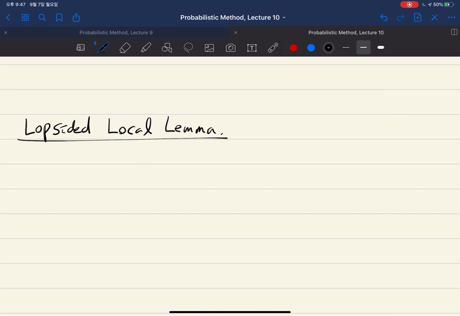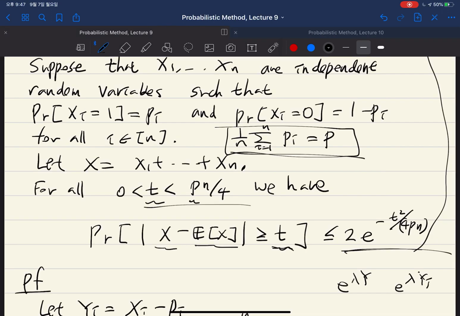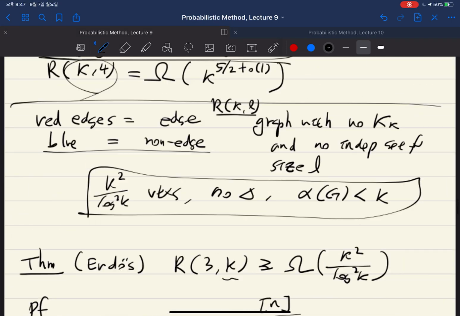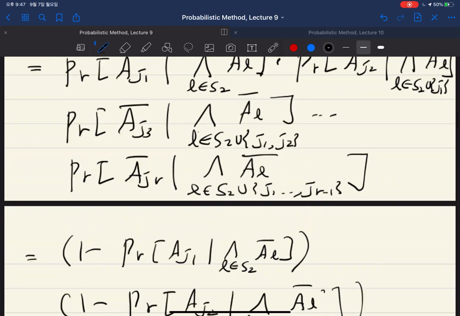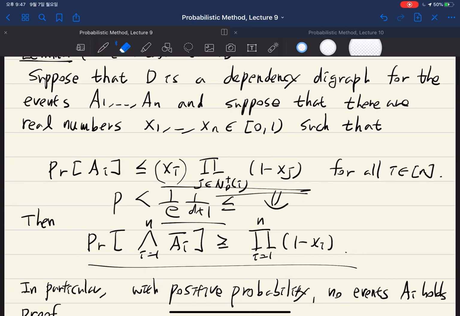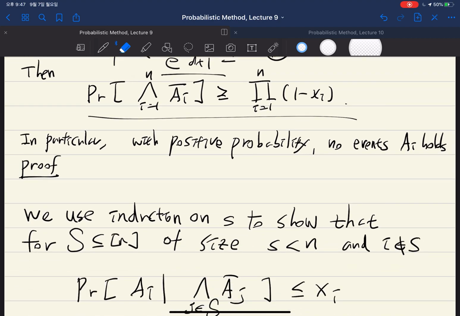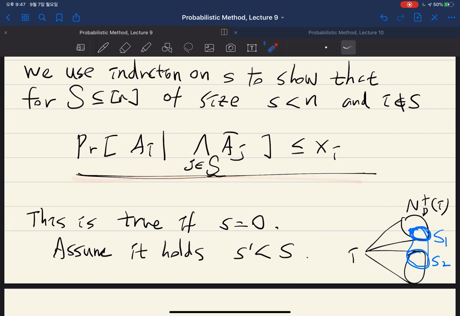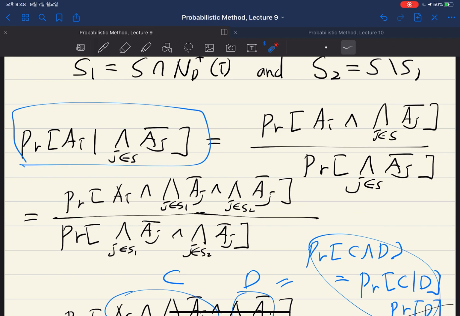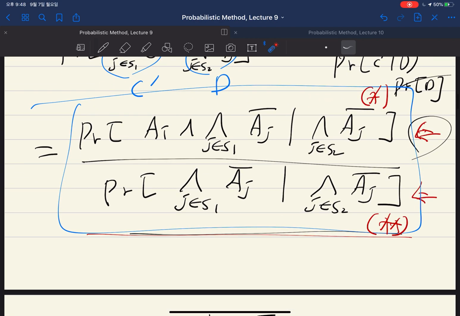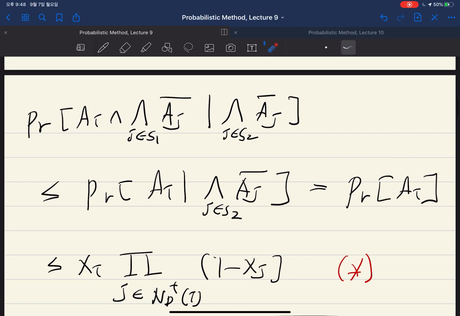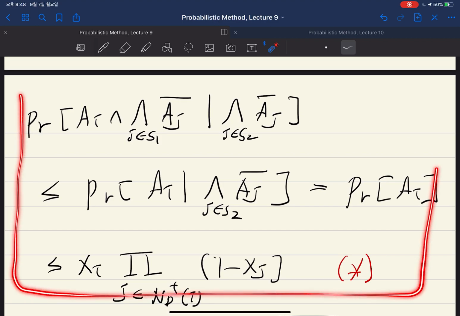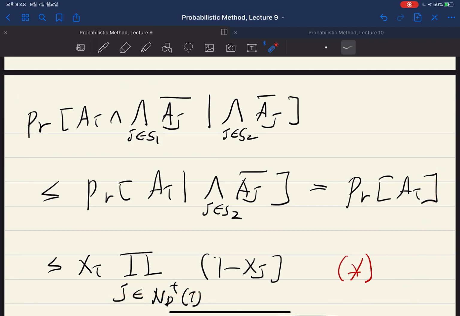So now we want to consider the lopsided local lemma. Recall that last time we actually proved the local lemma, and how we proved it is we used induction to show this relation holds for any S and i. While doing that, we actually used this inequality. Here we have this inequality because